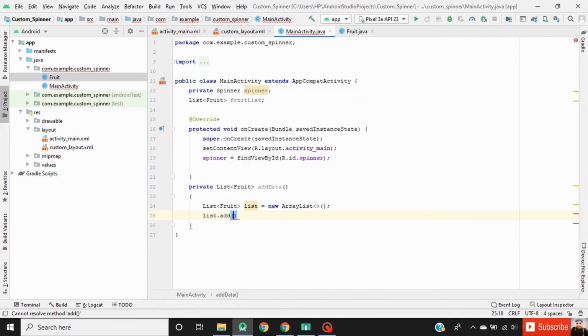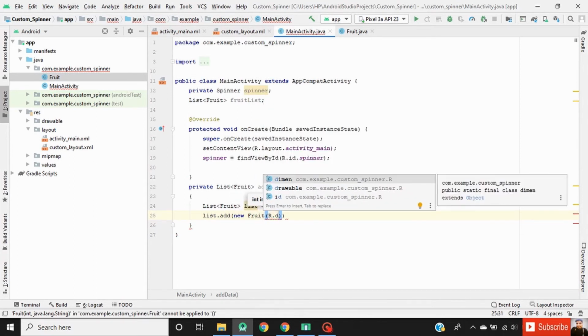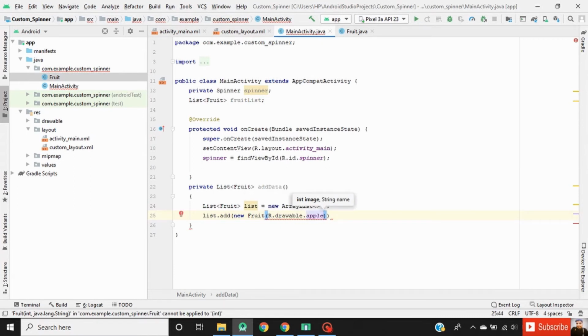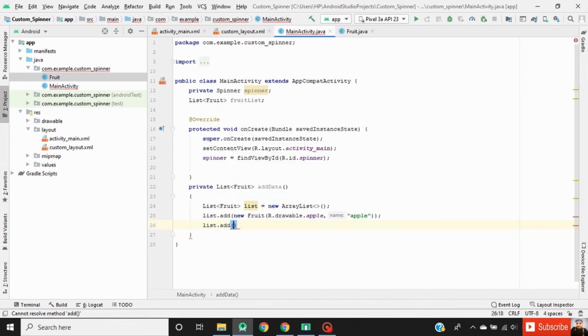Now add the fruit information to this list. list.add new Fruit, and then give the image from the drawable folder, R.drawable.apple, and then give the fruit name, apple. Now add another fruit information to this list.